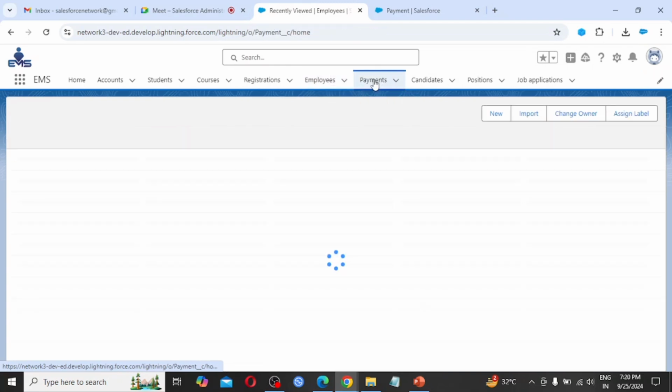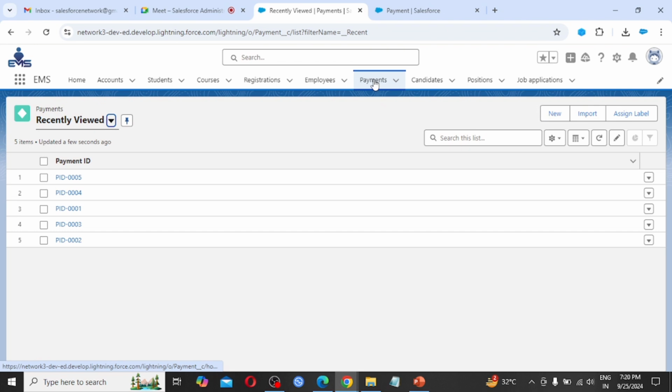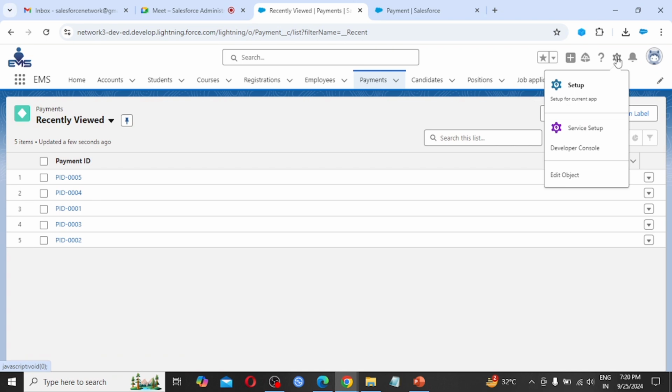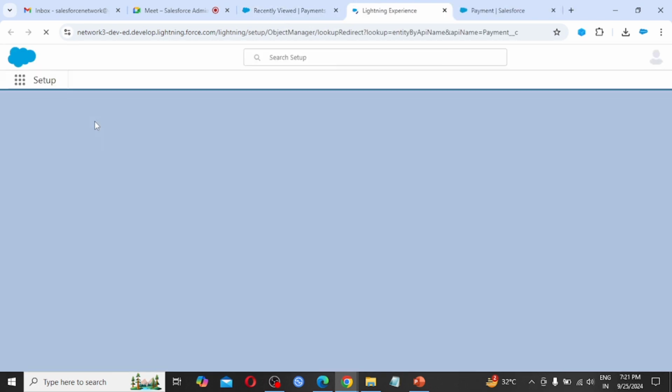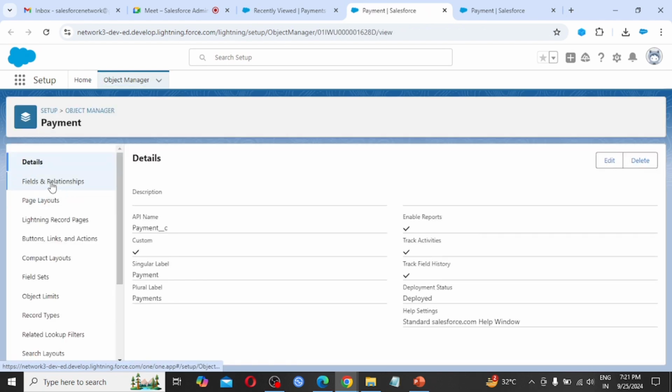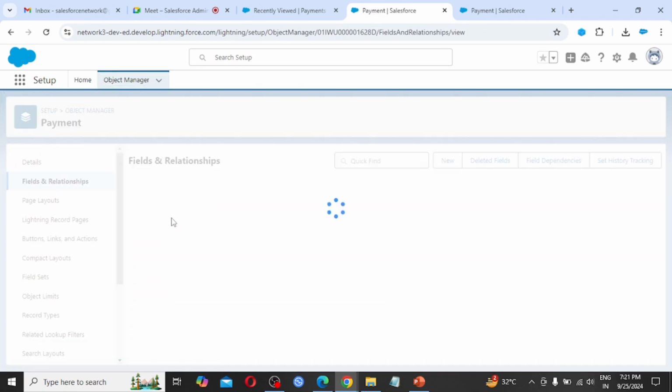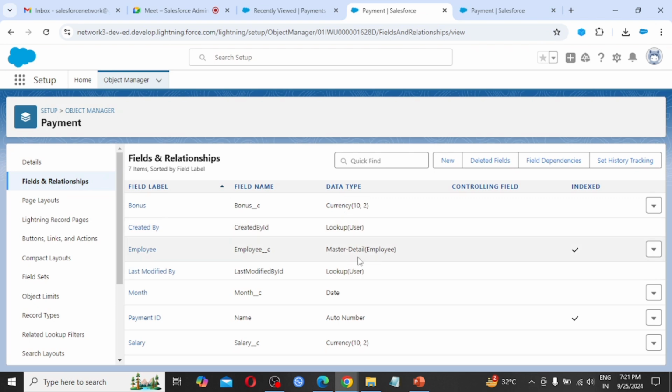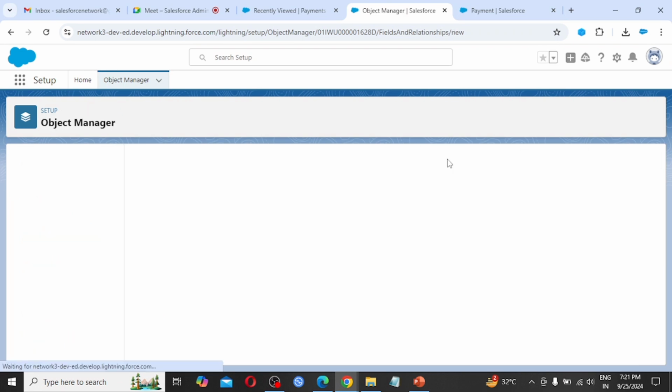Also, let's try to create the roll-up summary field on the child object where we created the master detail relationship. So simply click on setup, edit object, fields and relationship. We had a master detail relationship. So click on new.